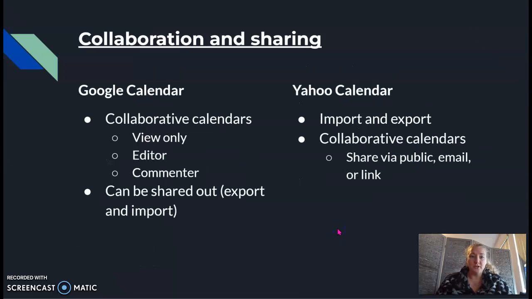In terms of collaboration and sharing, Google Calendar is very collaborative. There's the view only option. You can share out an editor version or commenter version. So then that way, based on who you're sharing your calendar with and how you want them to interact with you on your calendar, Google has a variety of ways to do that,